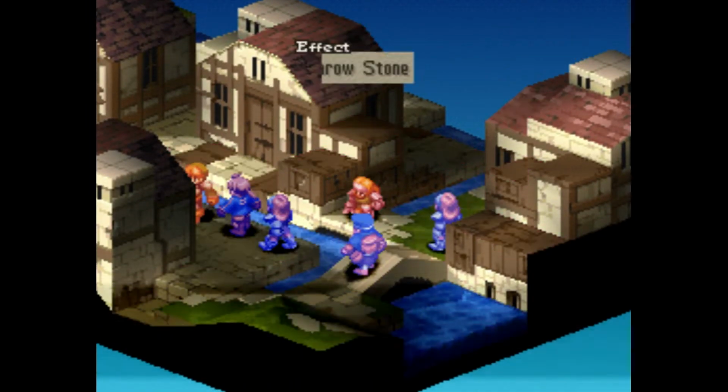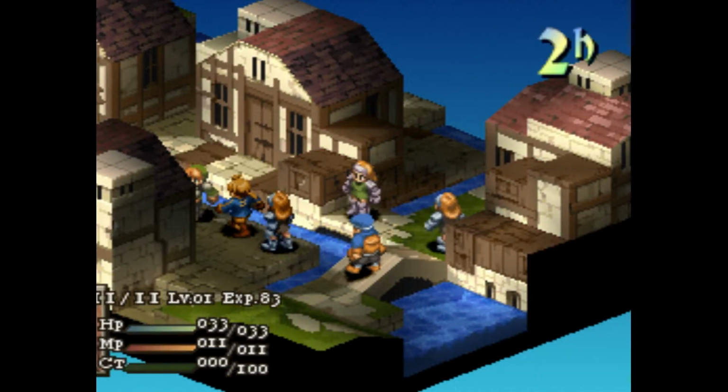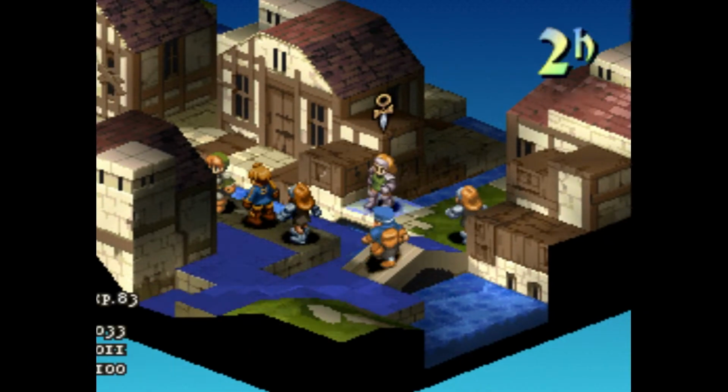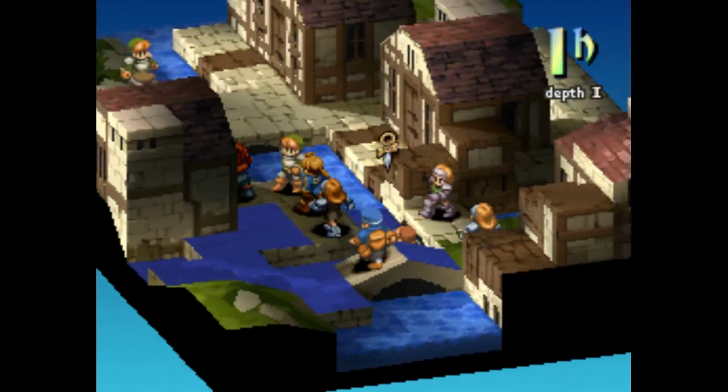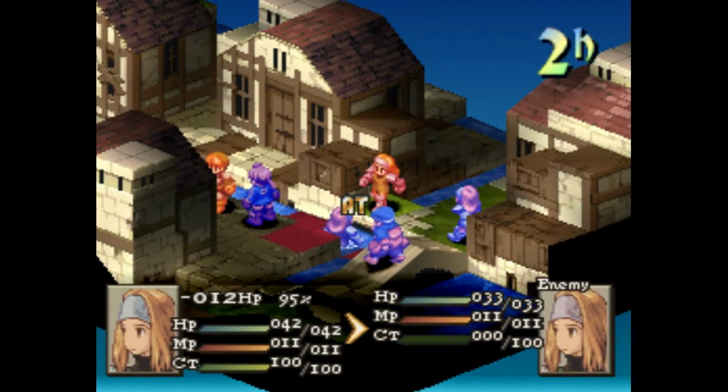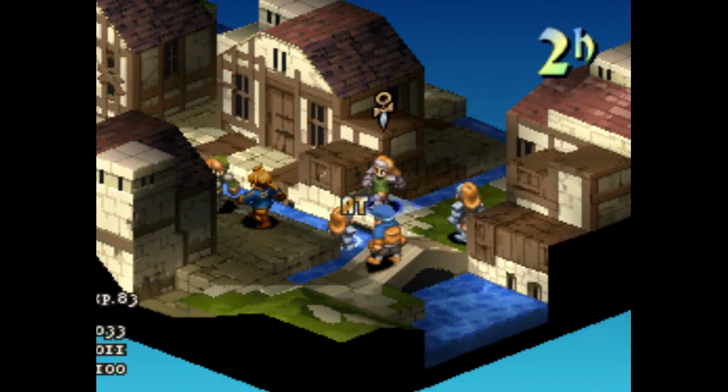Oh, you got throw stone too? Okay, that's fine. 6 damage is like nothing. Get your little job level up. Now we can see. Can you go around? No, we can hit you from the front. So I think the class evade here...